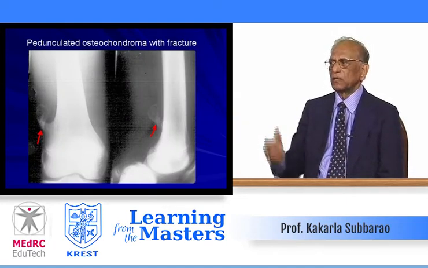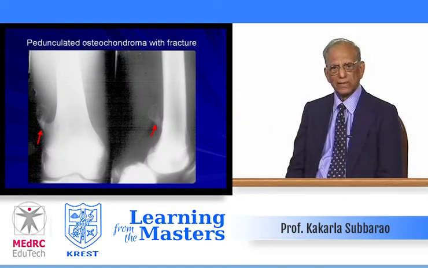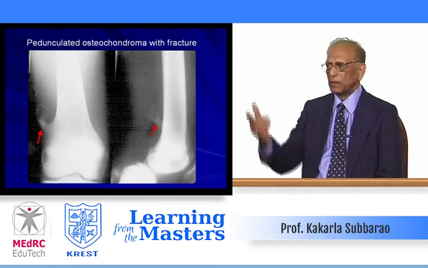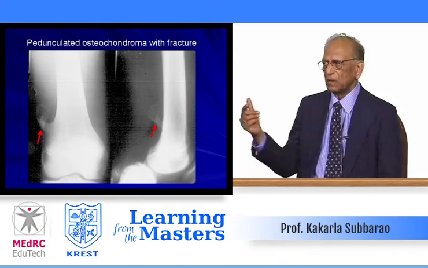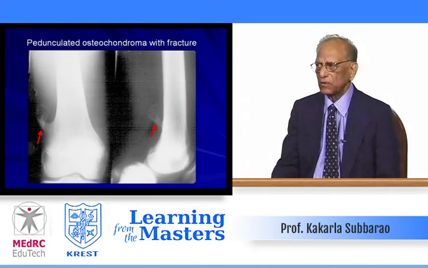Exostosis, pedunculated osteochondroma. Some of them are sessile, some of them are pedunculated. A pedunculated one can produce a fracture with minor trauma. It is extending out into the soft tissues. Look at the